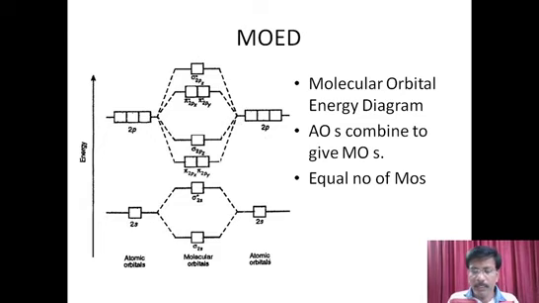Now try to understand what we mean by molecular orbital energy diagrams. These are very important as far as the BSc first year syllabus is concerned, because we expect a definite question from this area. There are many molecules in our syllabus which are to be treated. We have to write down the molecular orbital energy diagrams for all the molecules differently, and we have to understand how to write a molecular orbital energy diagram.